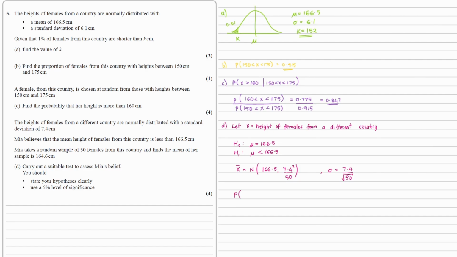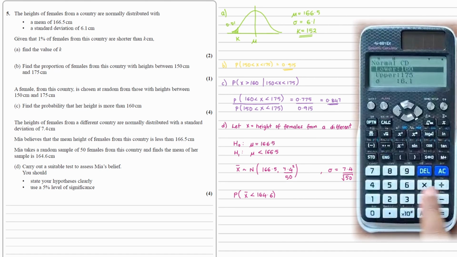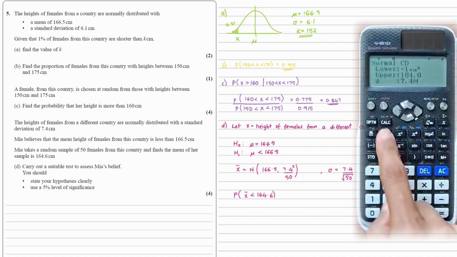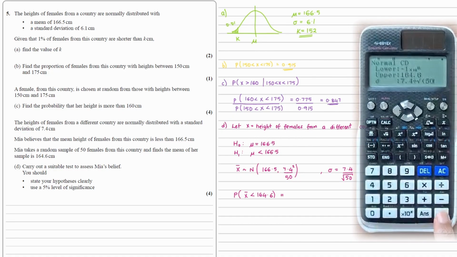So we are now going to look for the probability of the sample mean being less than 164.6. And to do that, we can again go into the calculator. We can put the lower value as something very small, as minus 1 times 10 to the power of 6. The upper will be 164.6. The standard deviation is now going to be 7.4 over the square root of 50, and this gives an answer